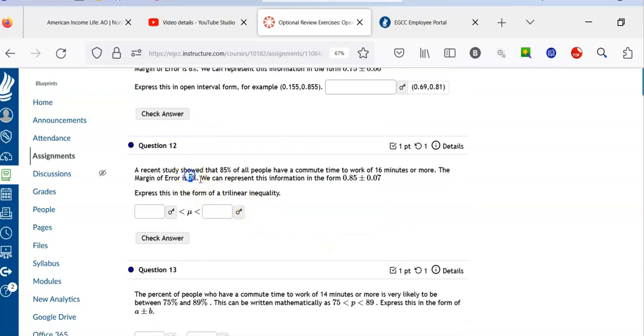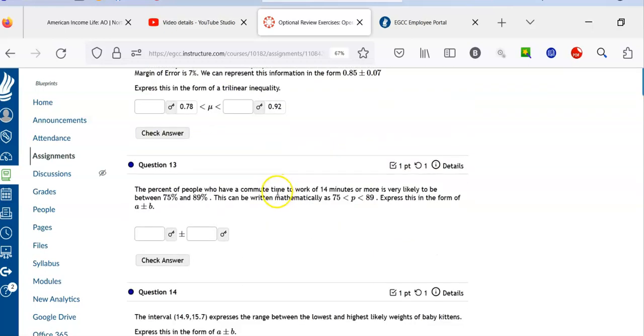Margin of error is 7%. So again, all we do is take the middle, which is 0.85, add the margin of error to get 0.92, and subtract the margin of error to get 0.78. Converting from percent to decimal. And then again, this time we go back to